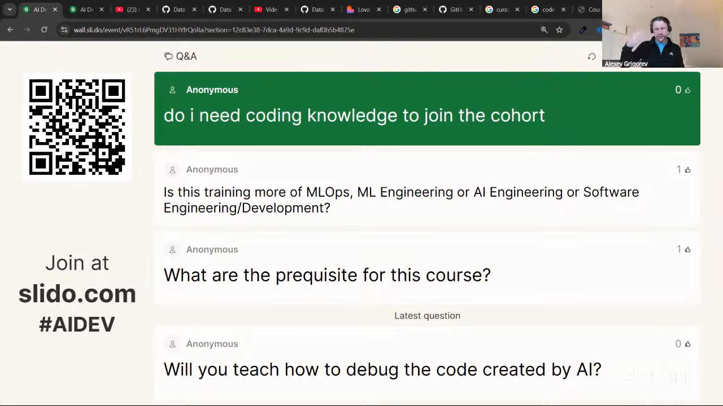Also, as agents produce more and more code, the amount of code grows. You still need to understand what is happening in your code base, because it's you who will be maintaining it. It's you who will need to make changes at some point. So coding knowledge will help. While I think you don't necessarily need to be a proficient coder to start with this course,